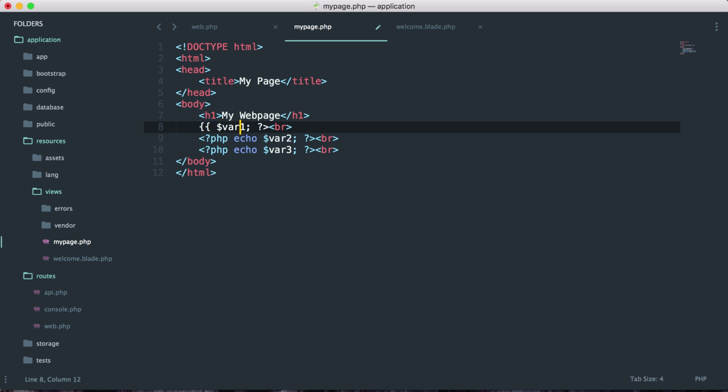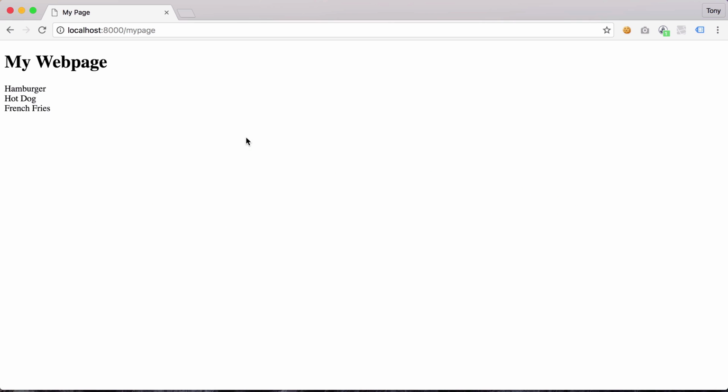So instead of echoing out using the traditional PHP, we can just use the curly braces. We can use double curly braces and it will print out the variable. So let's go ahead and duplicate this for variable 1, variable 2, and variable 3. So if I go ahead and save this and I reload the page, you're actually going to see that it's just going to print out what we displayed on the page, and it's not rendering it as a Blade or